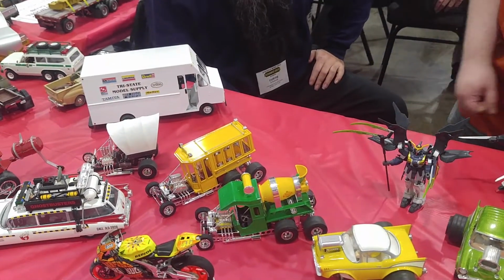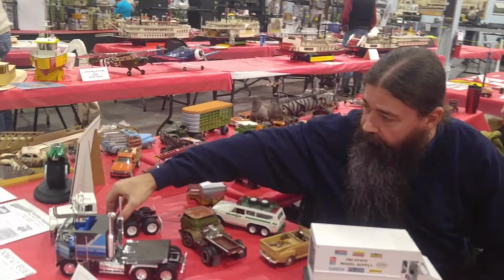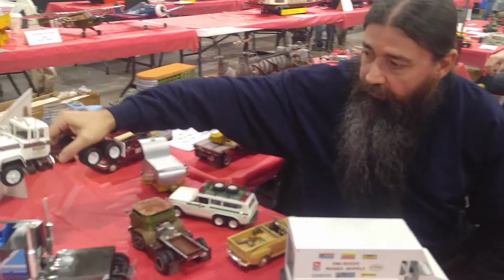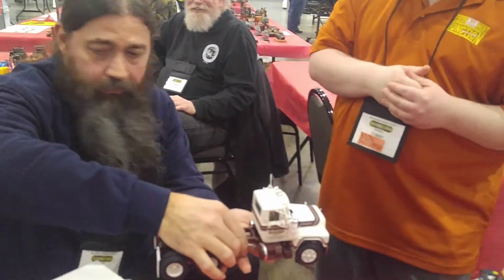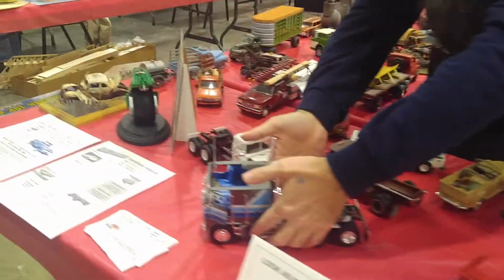Well, this is a hot rod cement mixer. That's very cool. So I'm big into trucks. That's what I specialize in. Why don't you grab that Mac here and show us a little bit about some of the features of that? Oh yeah, he left. Well, you want to sit here. If you want to get a closer view up that way,